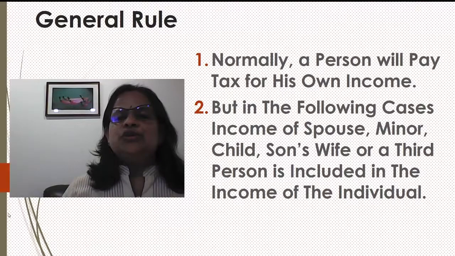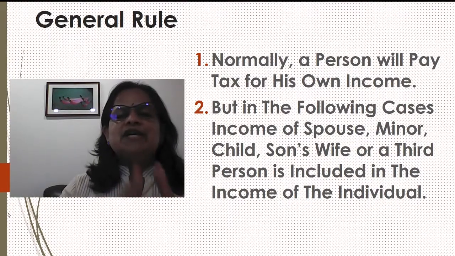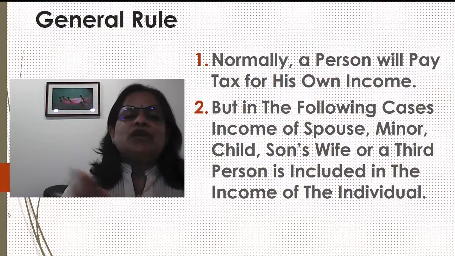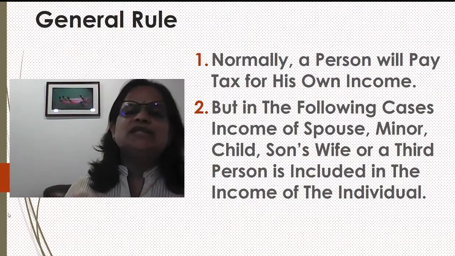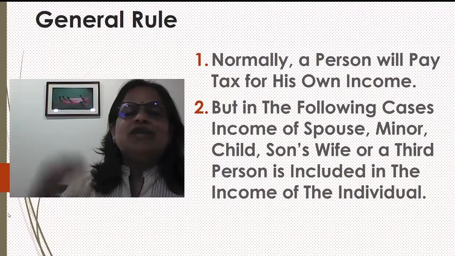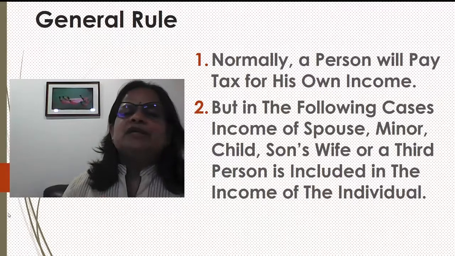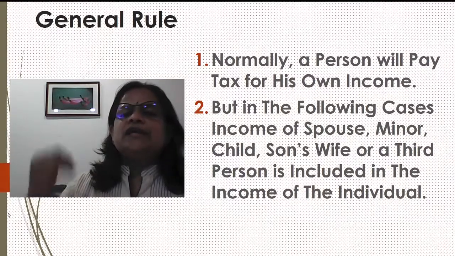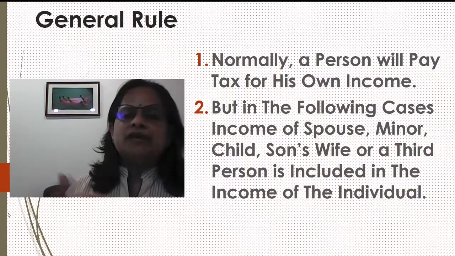Generally, as I told you, a person will pay tax for his own income. That means if I earn some income, I will pay tax for whatever I have earned. Whatever my husband has earned or my son has earned, I am not bothered about that. I don't have to pay tax for that, because they will be treated as separate assessees. Now, in the following cases, the income of spouse, minor child, son's wife, or a third person